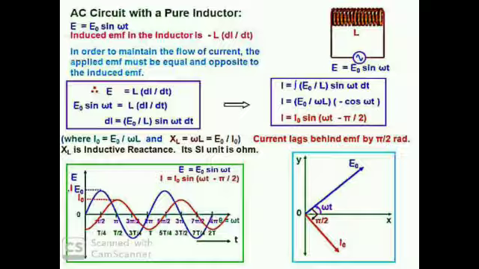Now here the maximum current through the inductor is given by the maximum value of that equation, I naught, where I naught is equal to E naught by omega L, and this omega L is the inductive resistance,